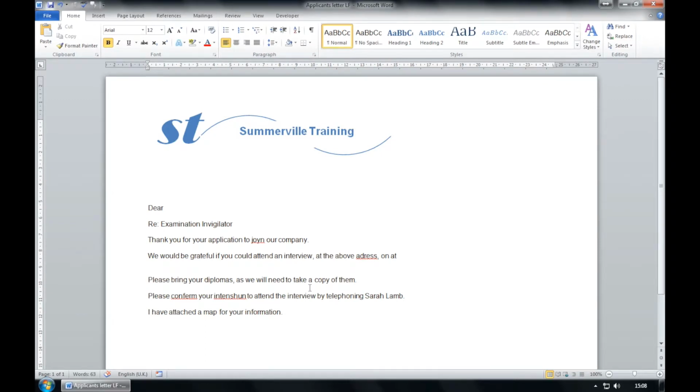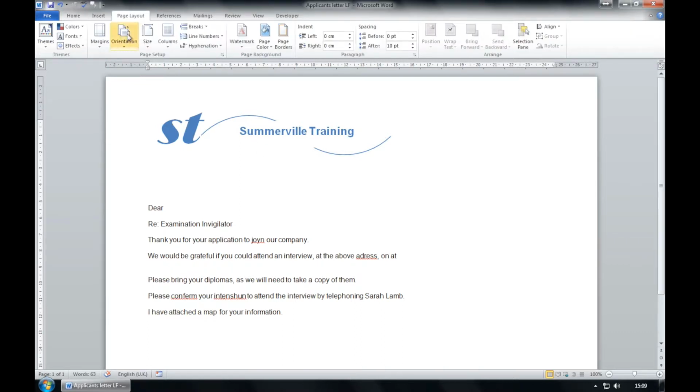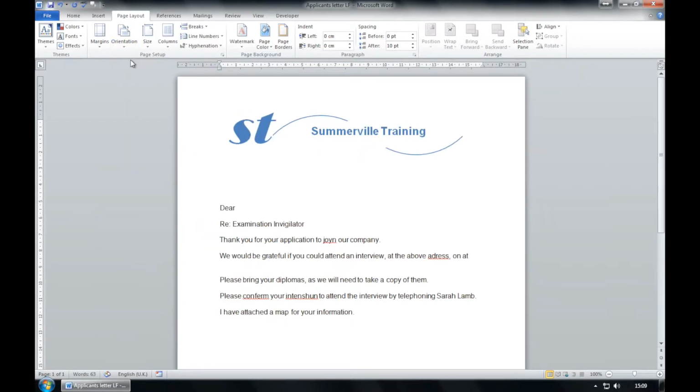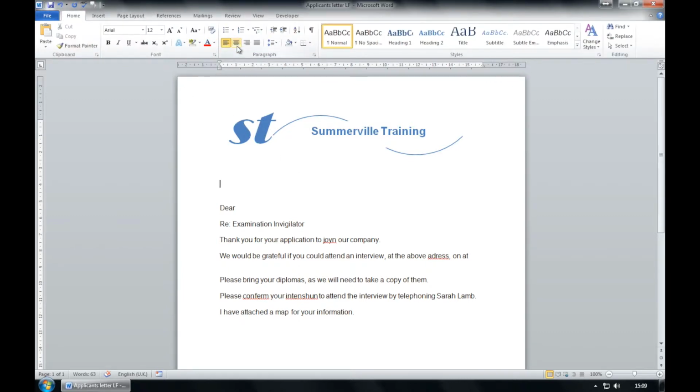The orientation of the document should be portrait, so we need to change that under Page Layout, Orientation, Portrait. On a single line centred horizontally below the company logo, enter the address line of the company. So just below the logo, we need to centre align it. So if we go Home, find our centre align tool, which is here,